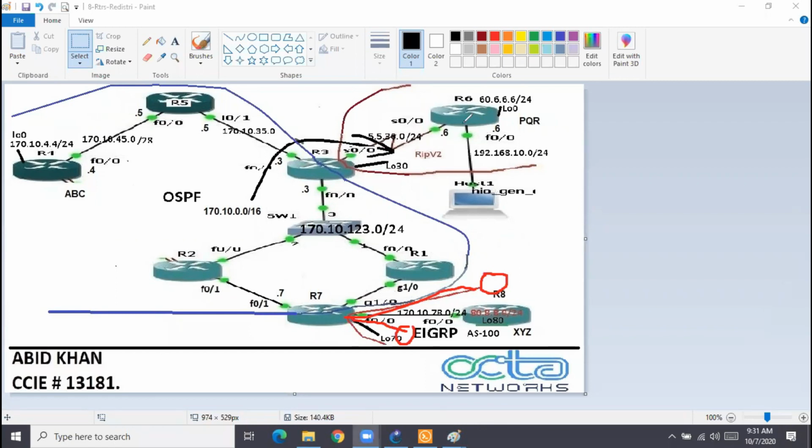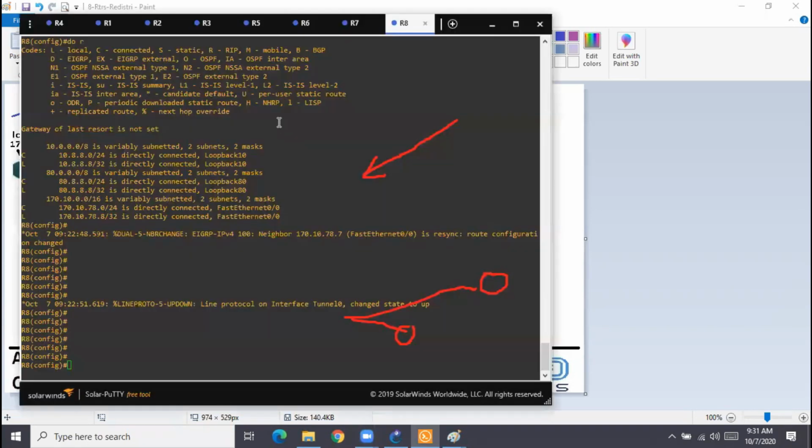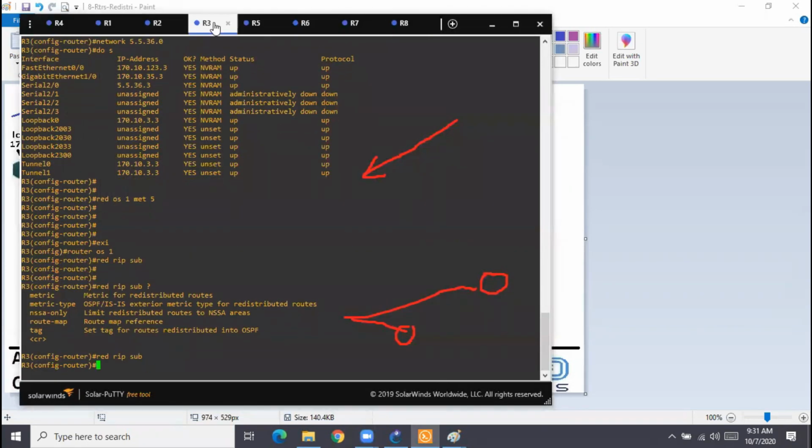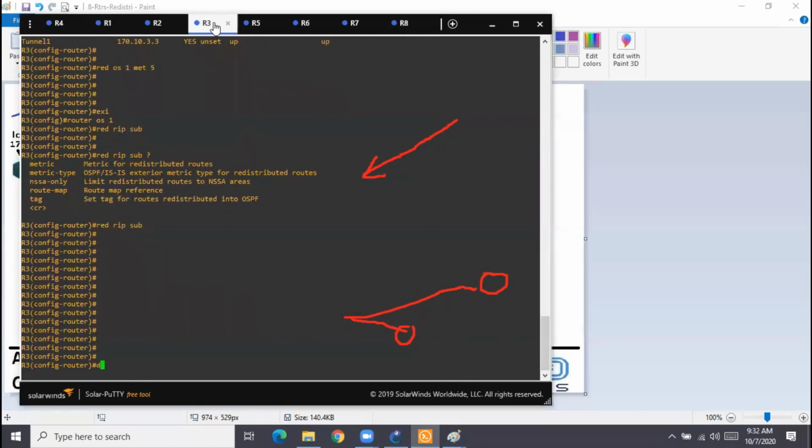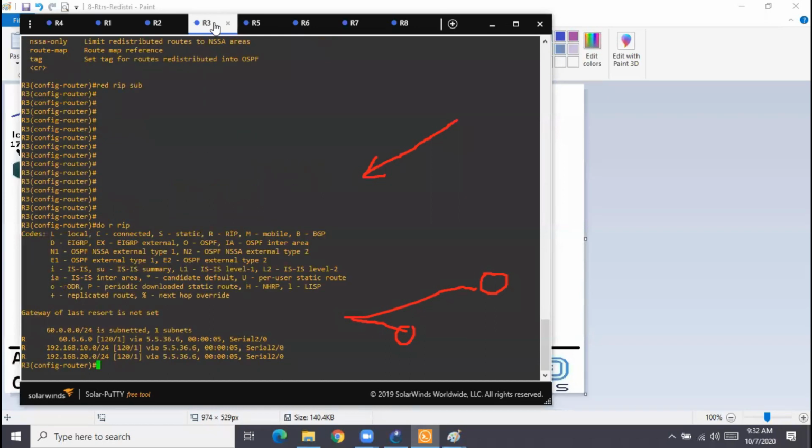Now let's see, R6 is advertising some routes here. What are those routes? Let us go and see on R3, because R3 is the router that receives all the routes from R6, with show ip route rip.